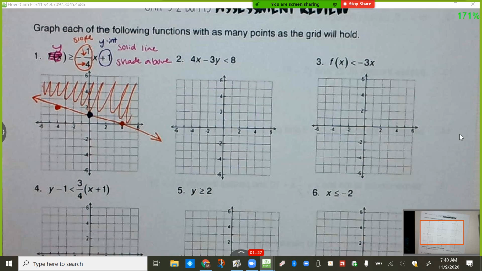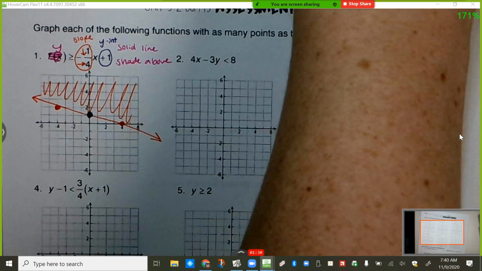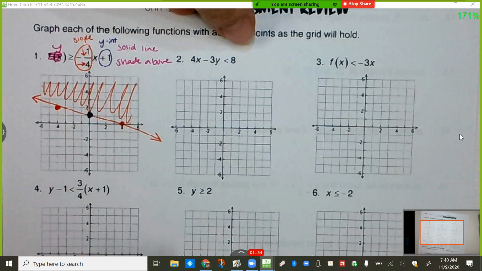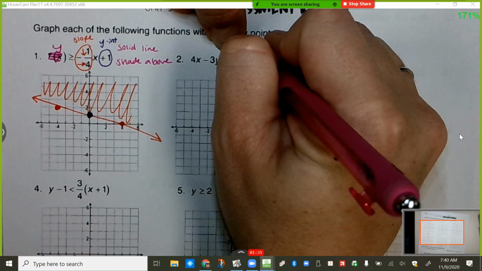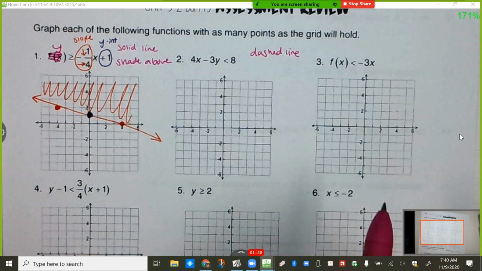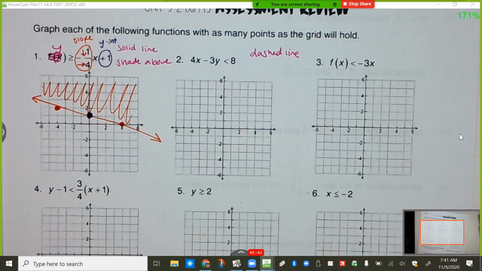Okay, so let's look at our next one. This one is going to be a dashed line because it's not equal to. Okay, and then deciding if we're going to shade above or below. Remember, you can either plug in a point, which we'll look at here in a second after we graph it, or remember, if your